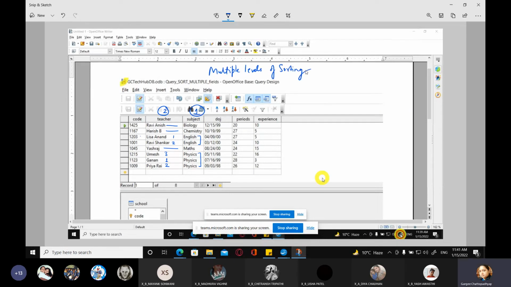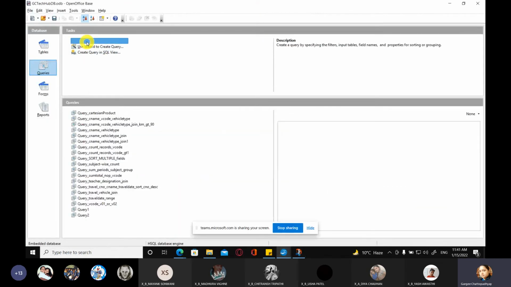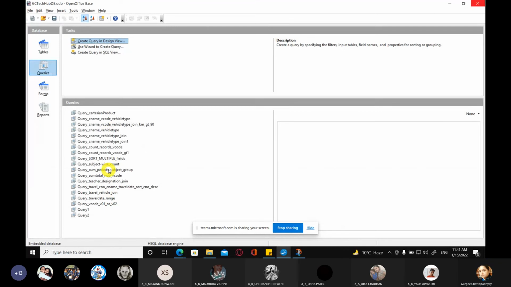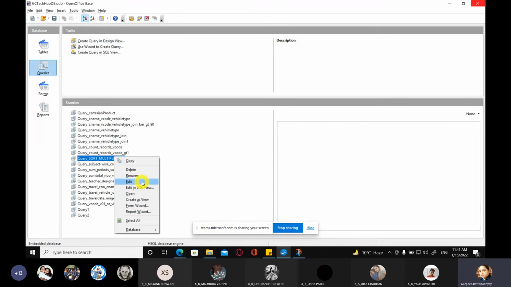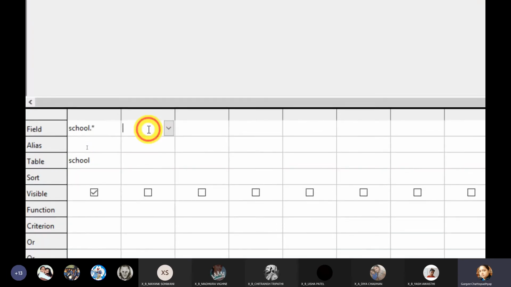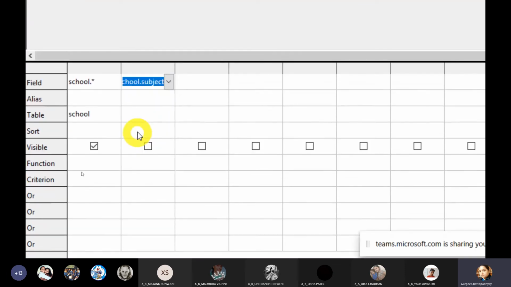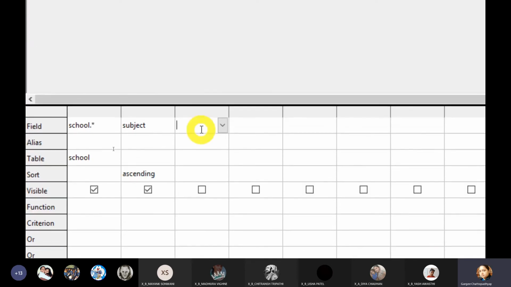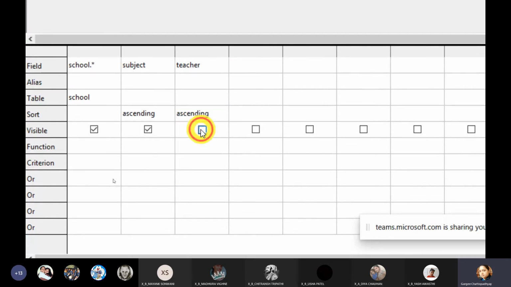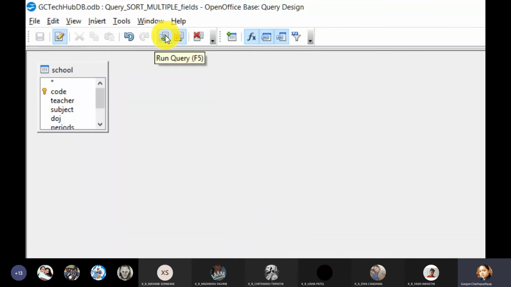Right? So let's check out this over here practically. I go back here and I'll go to query design view. Let us take the same query that was sorting. Yes, sort multiple fields, right click on it, edit, and we'll make the changes here itself. So first level of sorting, I am giving it to subject, okay, and sort based on ascending order. And the second level, I am giving it to teacher name, and here also ascending order, and don't display the values. Save it and let us run it.